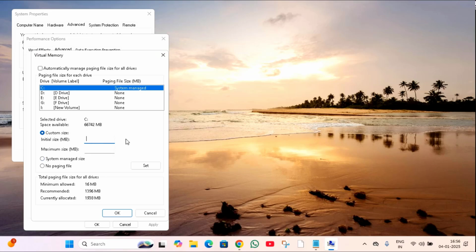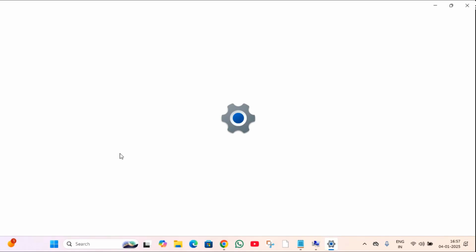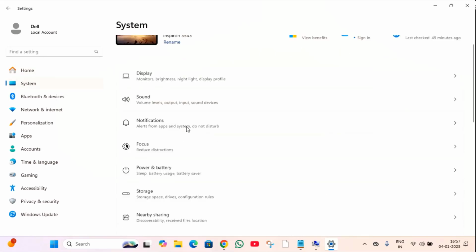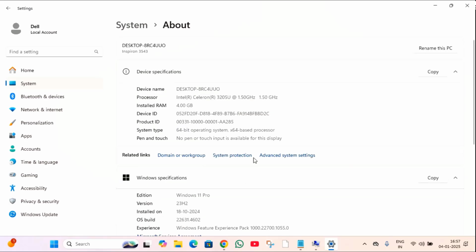Here first you have to check how much RAM is available on your laptop or desktop. For that you have to just click on this start menu, then click on settings. After that you can see your system, click on this system, scroll down. Here you will find about, just click on this about. Here you will find installed RAM. You can see in my laptop it is 4 GB RAM. So just minimize the screen,